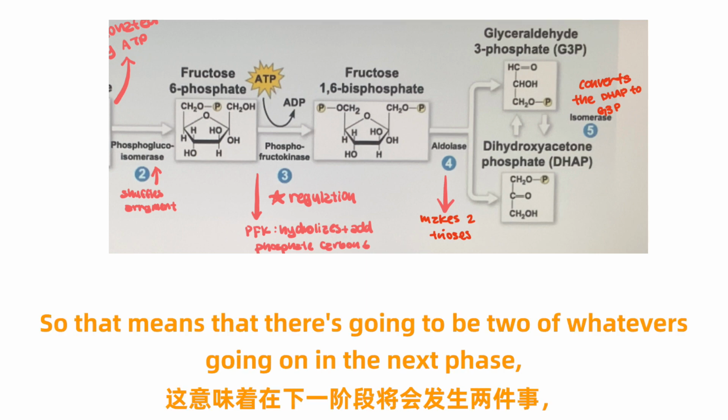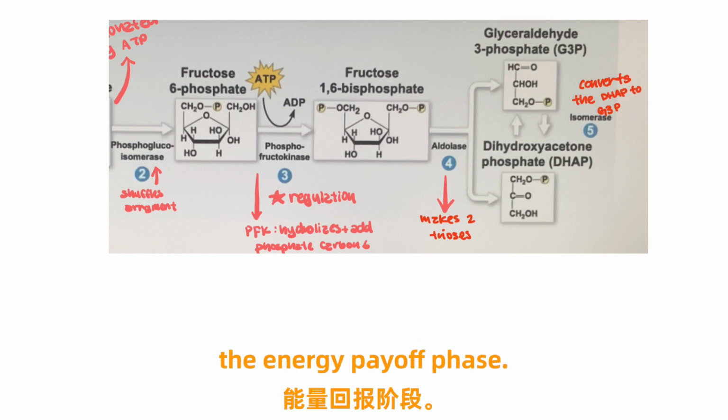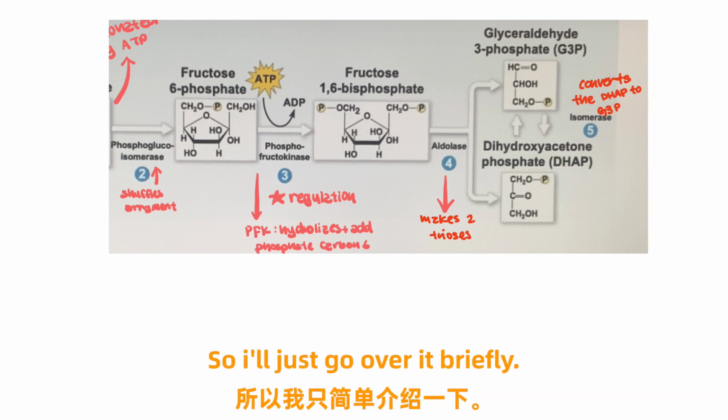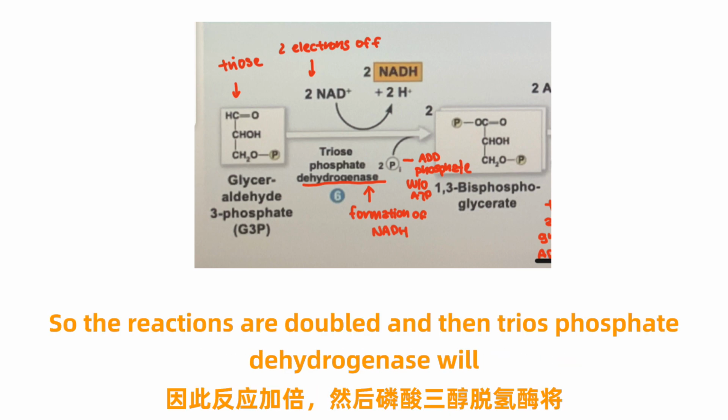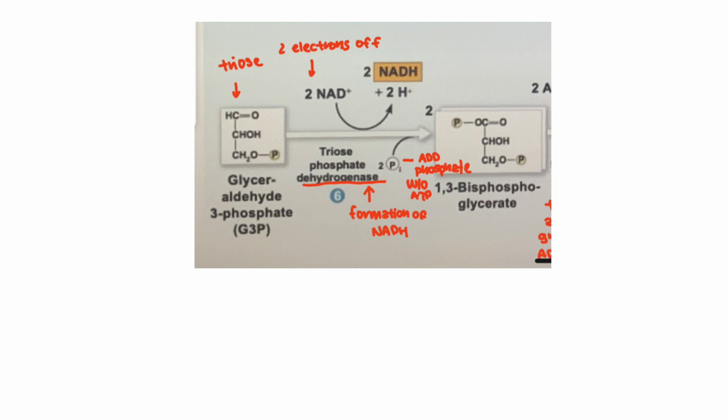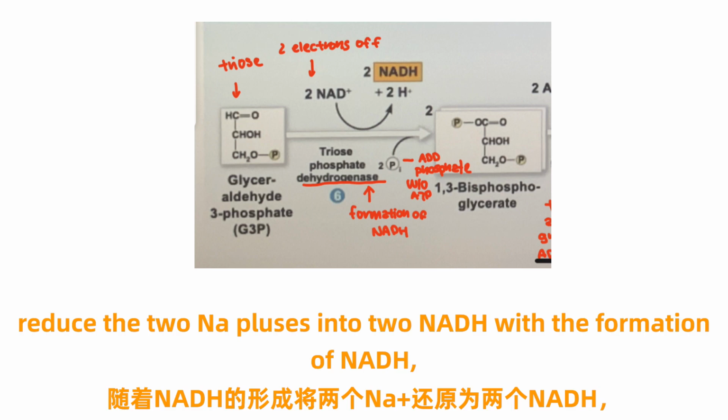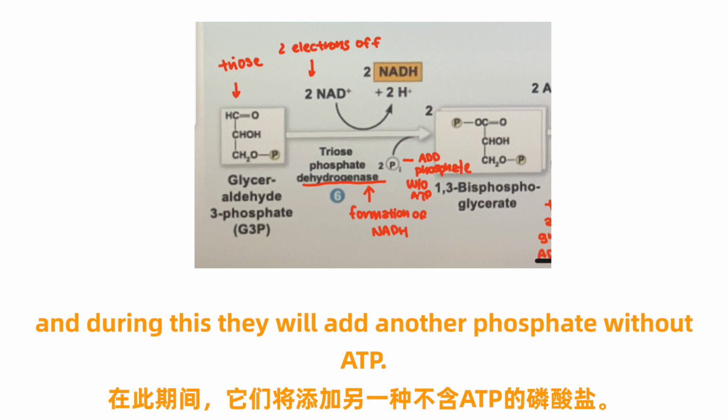So that means that there's going to be 2 of whatever's going on in the next phase, the energy payoff phase. So I'll just go over it briefly. So then we have our triose, G3P. There's 2 of them, remember, so the reactions are doubled. And then triose phosphate dehydrogenase will reduce the 2 NAD pluses into 2 NADH. And during this, they will add another phosphate without ATP